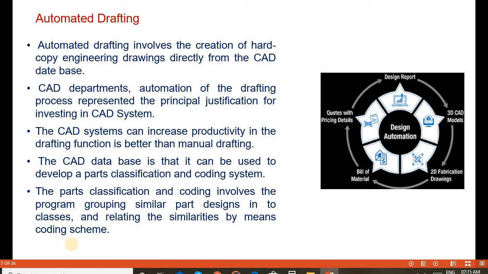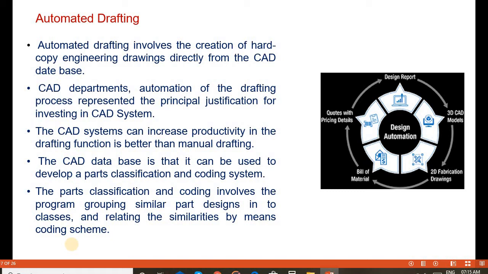All the graphical descriptions and mathematical descriptions of the concerned products are stored in the CAD database, which is used to develop the parts classification and coding of the systems. Parts classification and coding involves grouping similar part designs into classes and relating the similarities by means of a coding scheme.